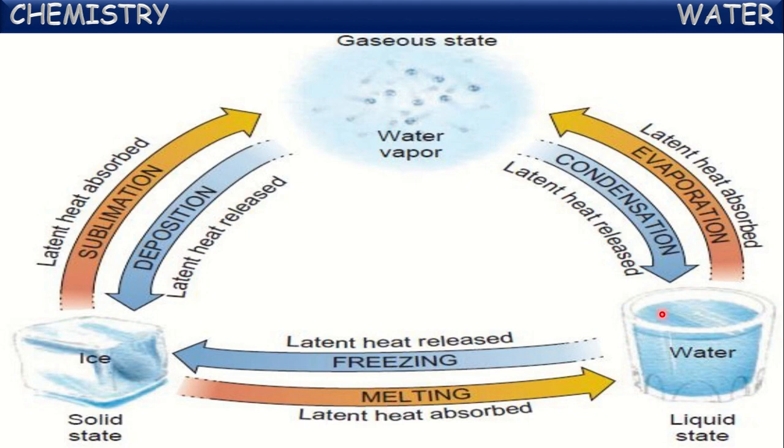If you heat this water continuously, after reaching 100 degrees Celsius it starts converting into steam or water vapor. That process we call boiling. This boiling of water into water vapor occurs at 100 degrees Celsius, so we call that the boiling point of water. In the reverse way, if you cool this water vapor or steam to 100 degrees Celsius, it converts into liquid water again. That process we call condensation. So this also occurs at 100 degrees Celsius, and we say the condensation point of water vapor is also 100 degrees.